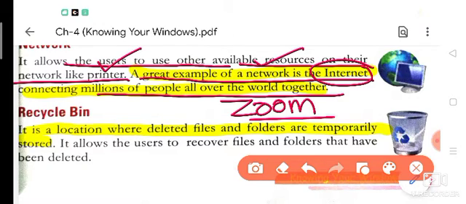We are giving lectures on Zoom, and Zoom runs with the internet. So this is a network.